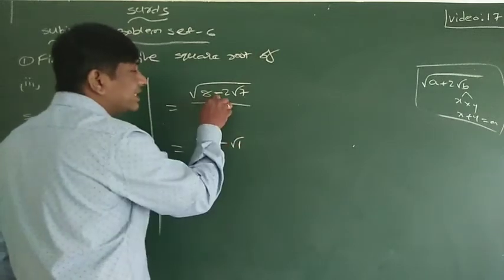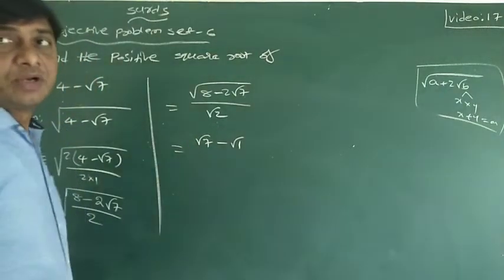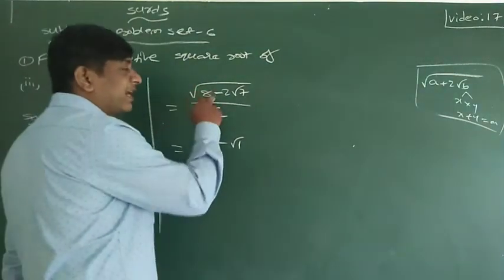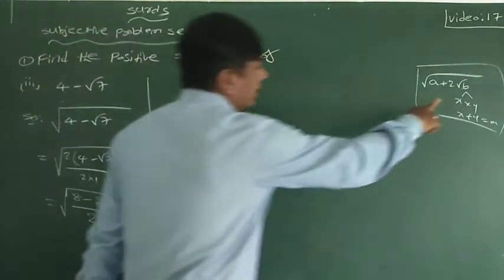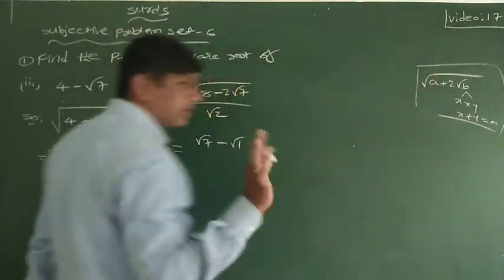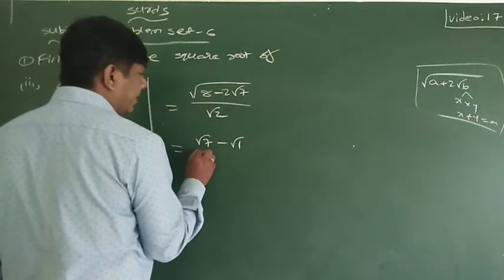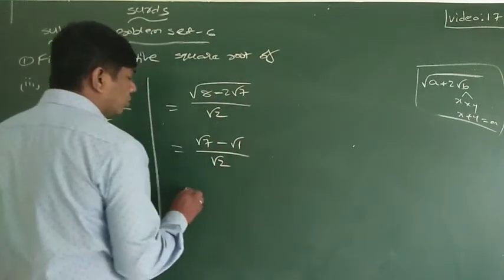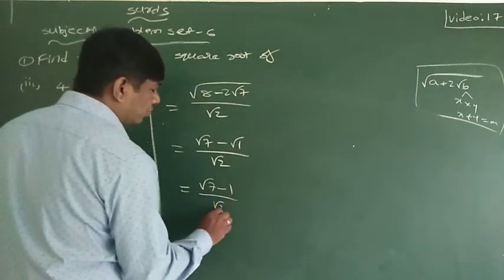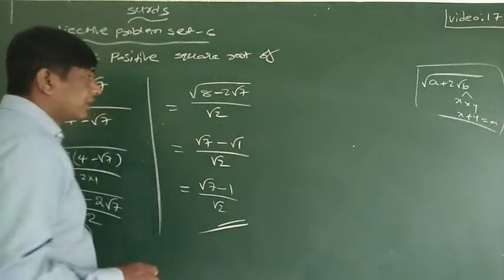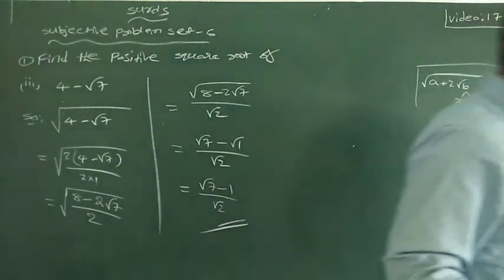Don't consider this minus while writing the simplification, while writing the solution only. It is 7 plus 1 only. Sir, here minus is there, I check 7 minus 1? Don't check it that way. Only x into y, x plus y is equal to a, then only it exists. Root 7 minus root 1 by root 2. Root 7 minus root 1 is 1 by root 2. There is no more simplification here. Okay? Write down.